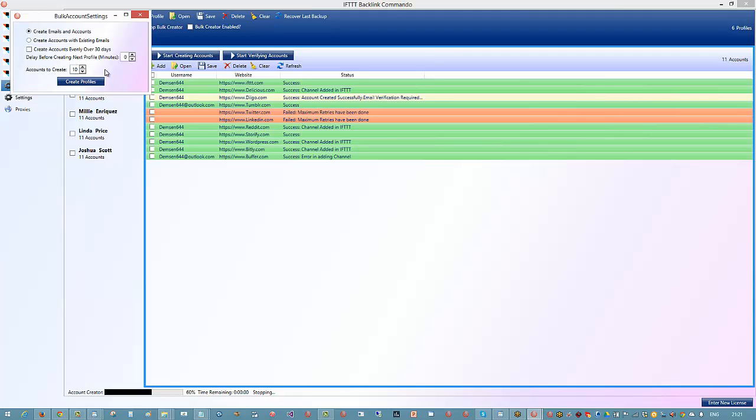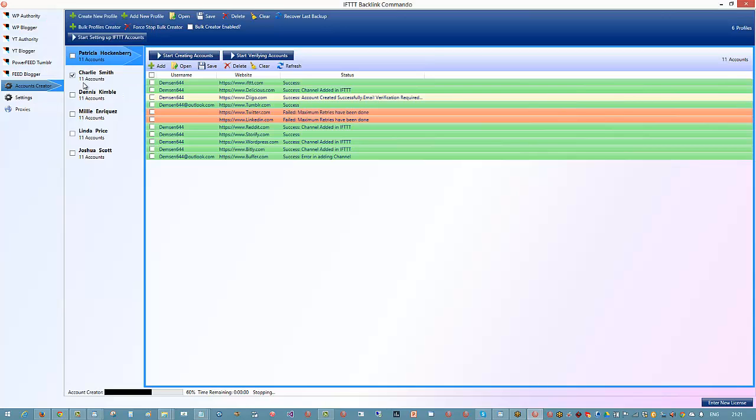That way I can manage my captcha balance, and I can manage the quality of the proxies as well, because sometimes you can burn out the proxies and you might have to connect with Squid Proxies, for example, and say to them that your proxies are burned out, and they will give you new ones. Okay, so all we have to do at that point is click on this button and it